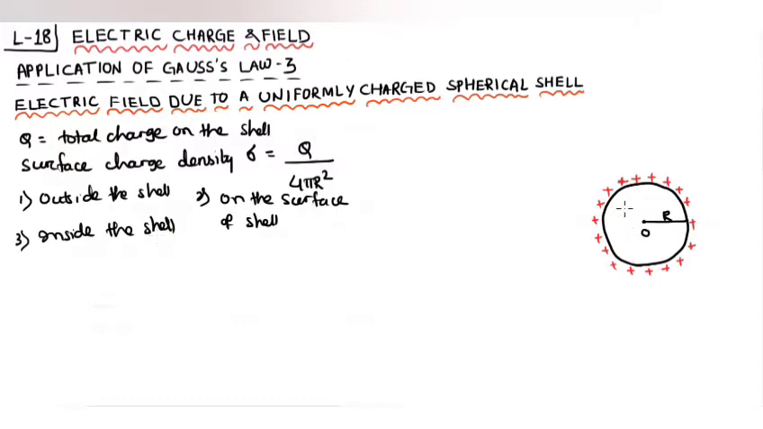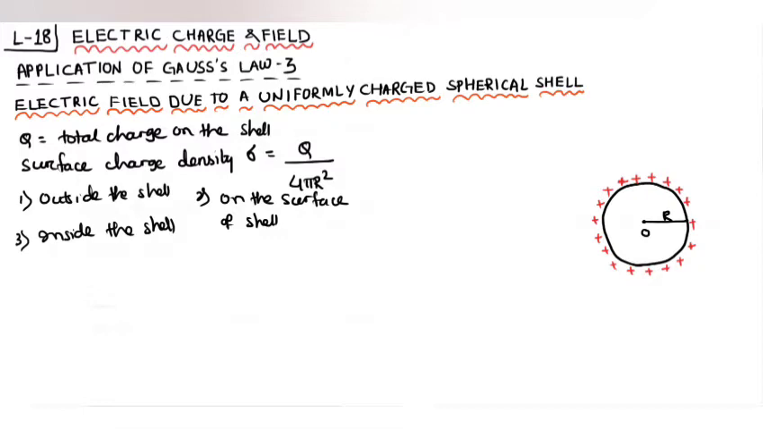I will choose a point somewhere here such that the point is lying inside the shell, and at this point I will find the electric field. So in total I will do three derivations: at a point completely outside, at a point on the surface of the shell, and at a point completely inside the shell. At these three points I will find the electric field intensity, and I have to do it by using Gauss